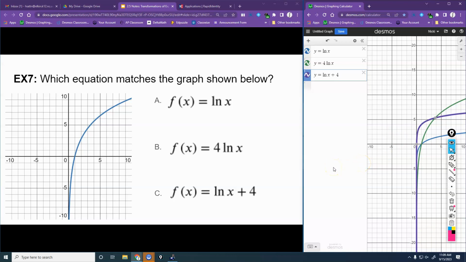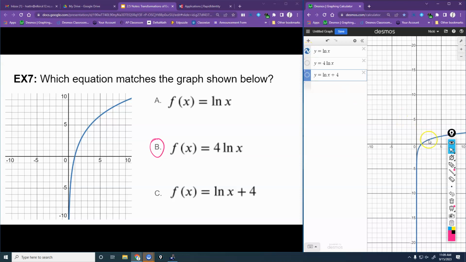All right, which one do you guys think? B? You guys are correct. B is correct. Whenever you look at them one at a time over here,